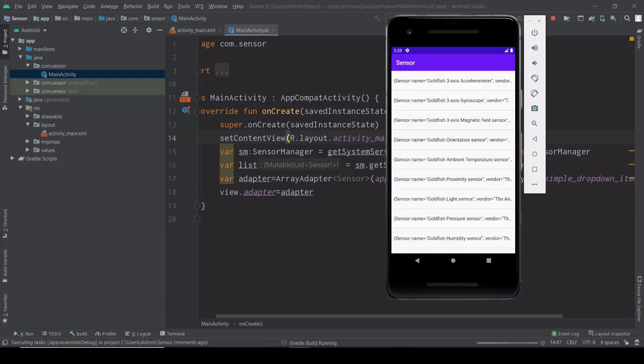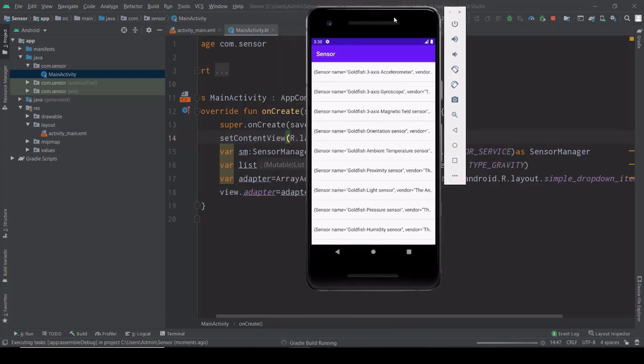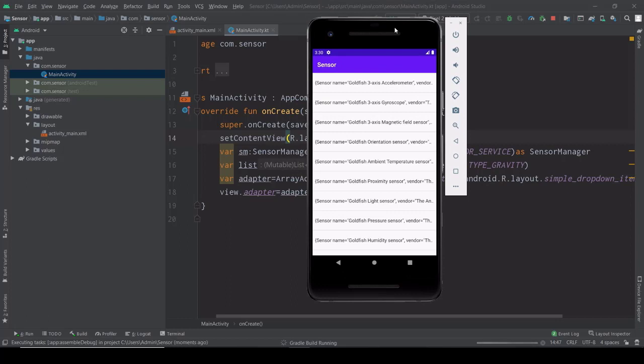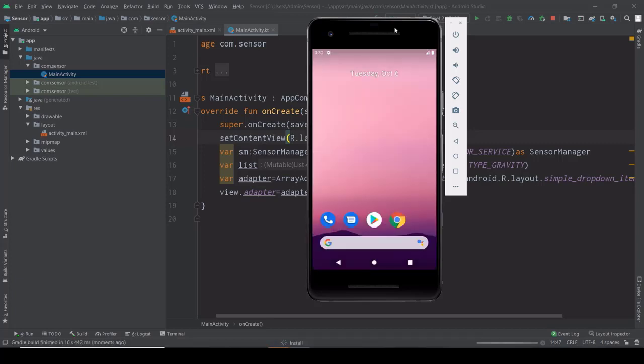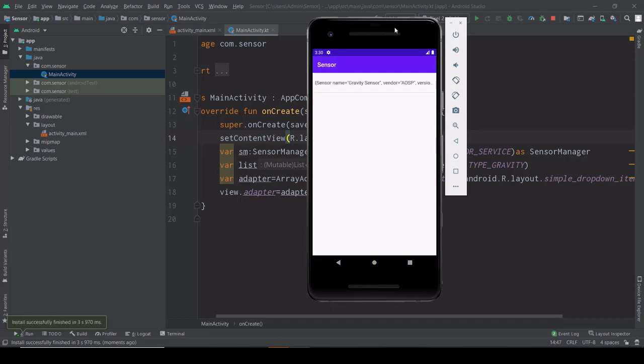I'm running the emulator, and it will display the gravity sensor information only. See guys, here only the gravity sensor is displayed. Using this information, you can use it in your application in an efficient way.